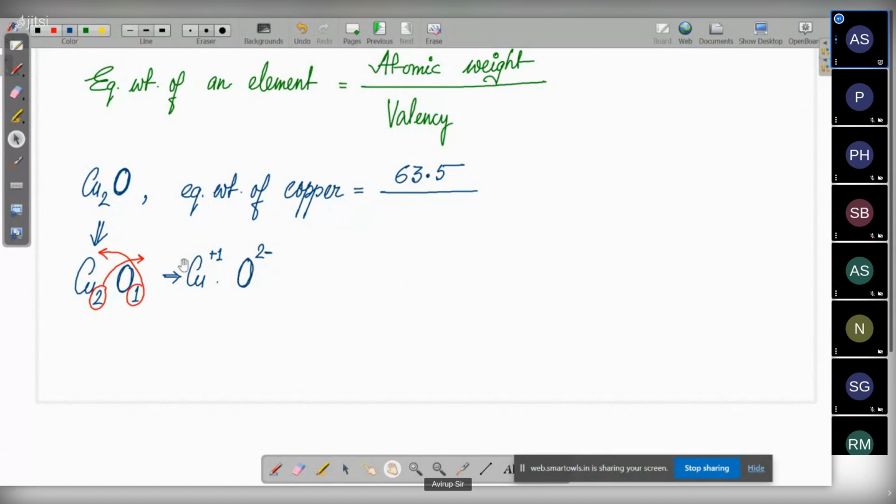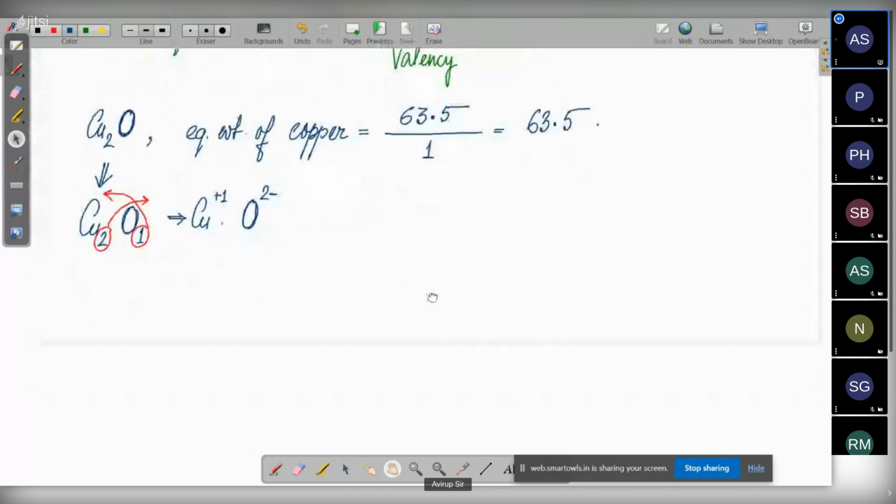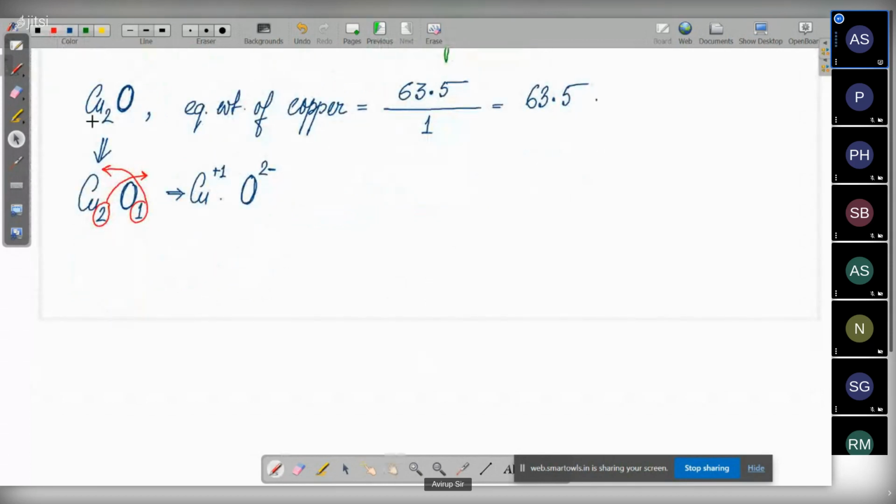So 1 is going on the head of copper. So that is why in this case, the valency of copper is 1. So you are getting that this to be as 63.5 only. 63.5. Okay. However, if suppose I had given you this formula, that is CuO, copper oxide, and then if I ask you about the equivalent weight of copper,